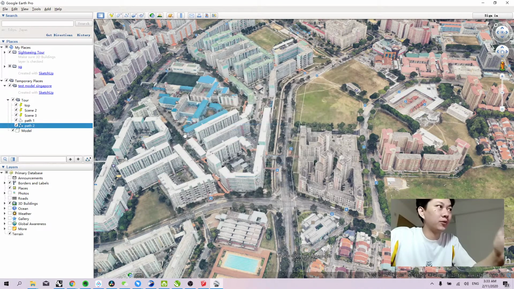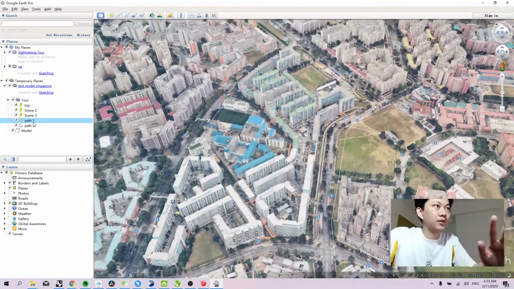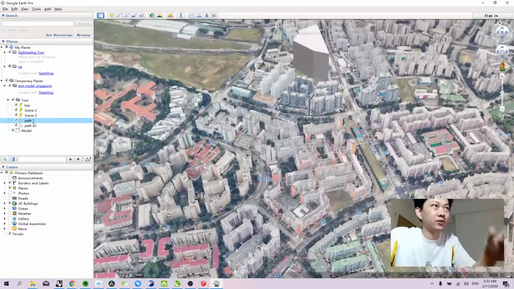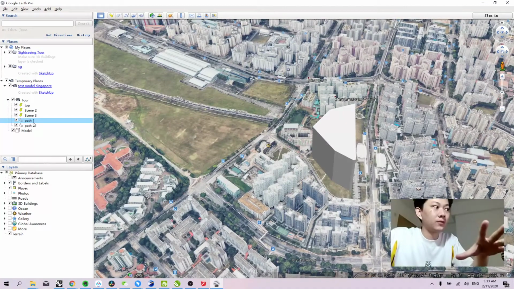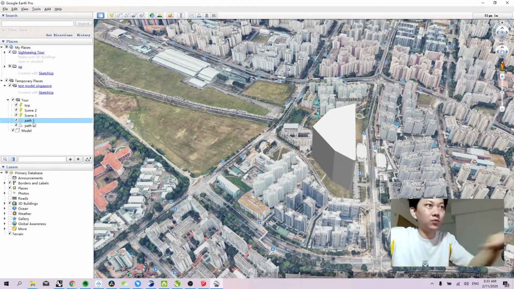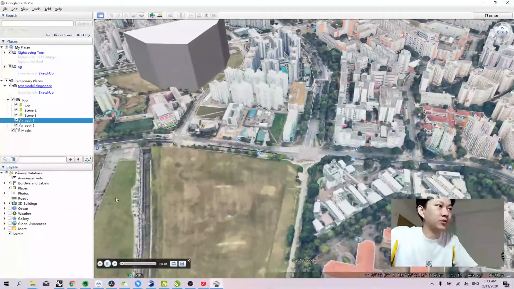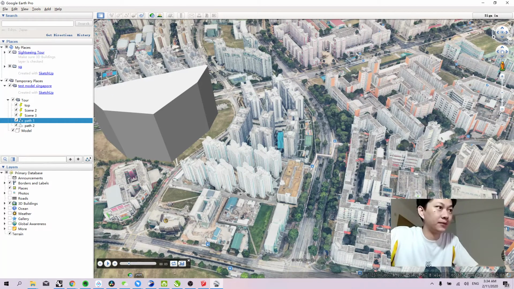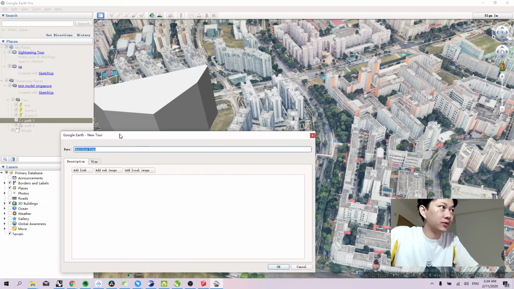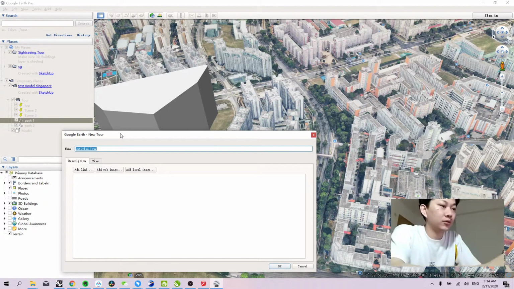So here I want to explain the difference between path and tour. Path is basically a line that you draw on the ground. Tour is actually when you bring your customer around this path. So let me show you what I mean. So this path, you may play on it, you're playing this path. And on the setting that you have, there is a save button here, and then it will say save tour. So you say path 1 tour,